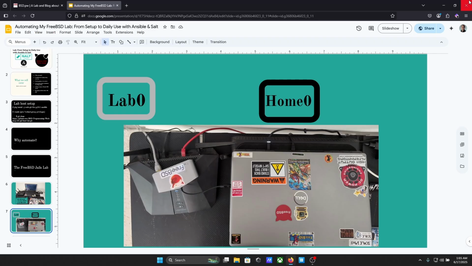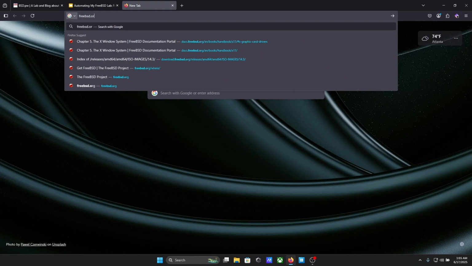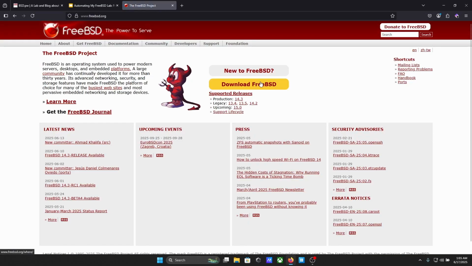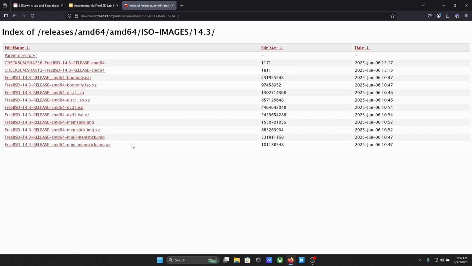Alright, so we're going to go to freebsd.org, download FreeBSD, and 14.3 is out now, so we're going to get that one. If you already did this the other day before 14.3 came out,